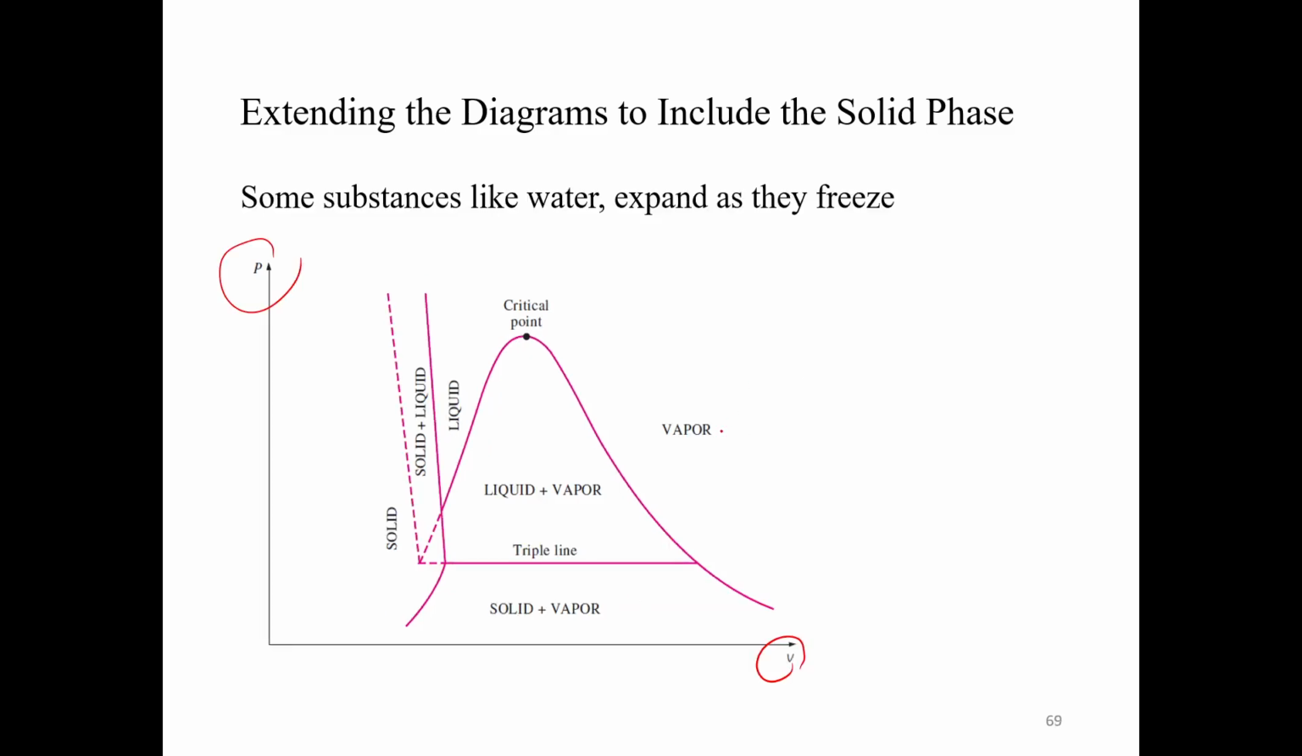Now this graph is for substances that expand when they freeze. For example, water. What happens in water is when you freeze the water, that means you are converting liquid water to ice, your volume increases. There are substances like that. So for that one, it goes like this. So this PV diagram, what happens is